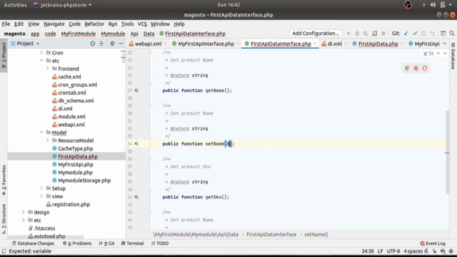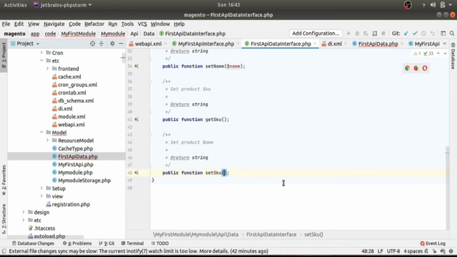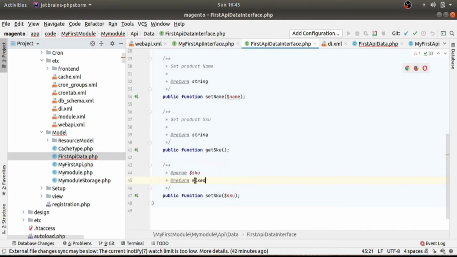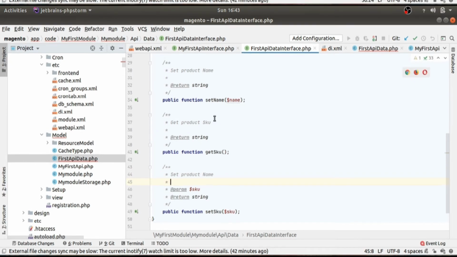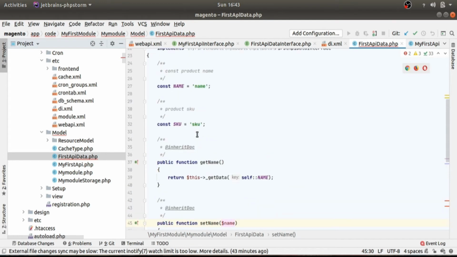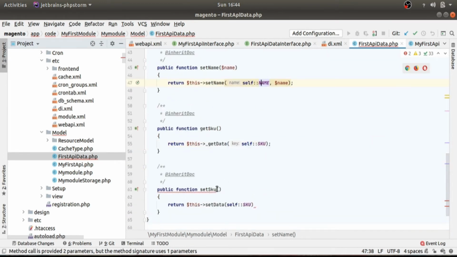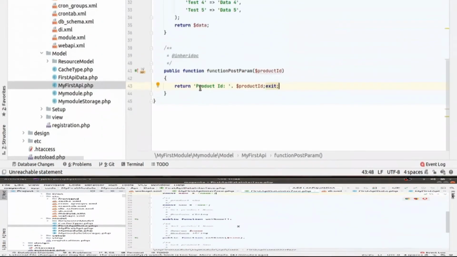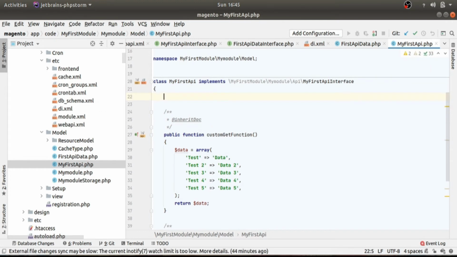Let's update our setter function from our data interface to accept the parameter, and the same thing needs to be updated in our model class as well. Our next step is to load the product object and return it from our function.